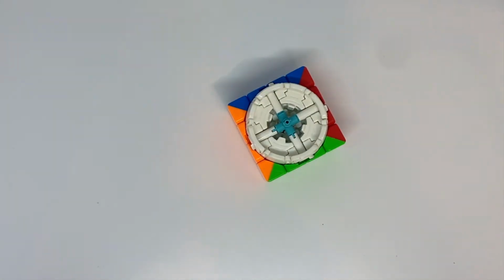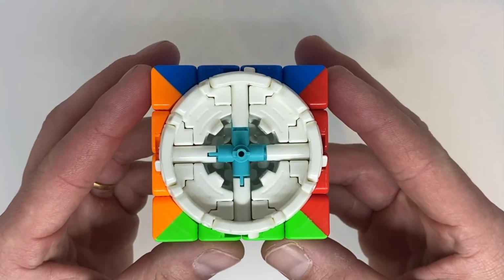Now it's time to take a moment to admire the cool insides of a 4x4 and maybe take a sick